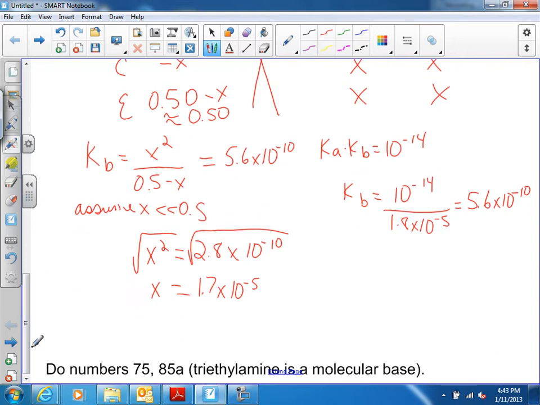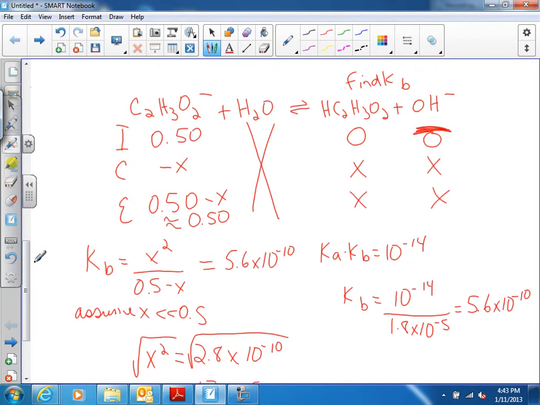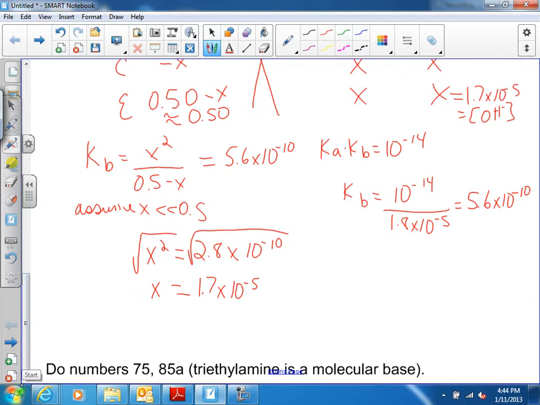So I've gotten to the point where I know what x is, and x is my concentration of OH. It is 1.7 times 10 to the minus 5, which is the concentration of OH. So I can now get the pOH, and from the pOH, I can get the pH. There's a lot of steps in here. So pOH will equal negative log of 1.7 times 10 to the minus 5, which is